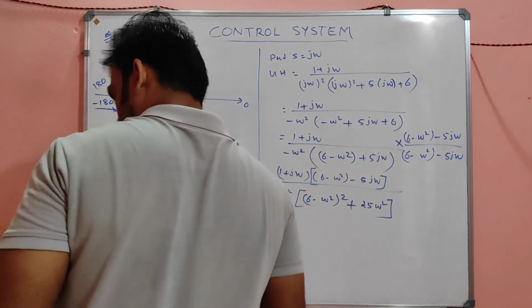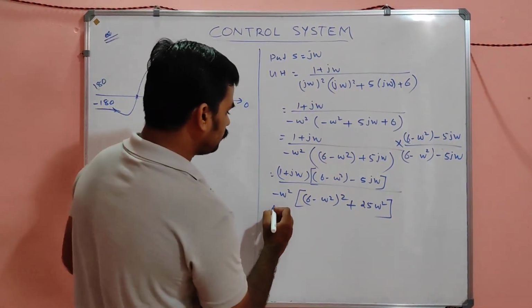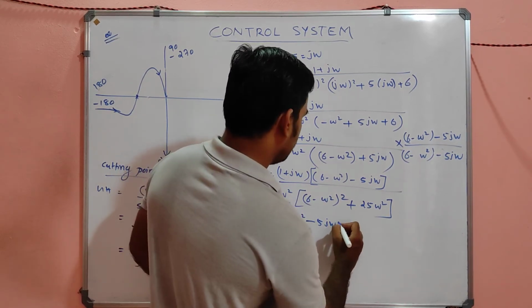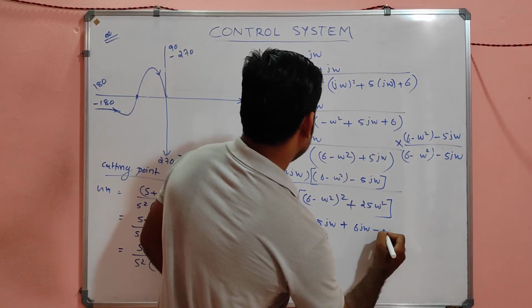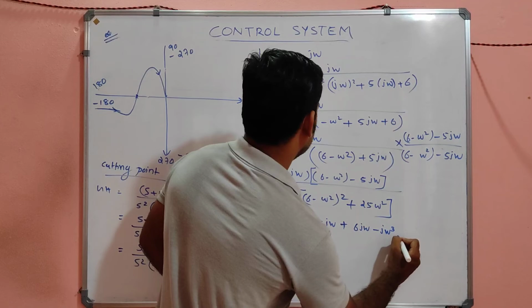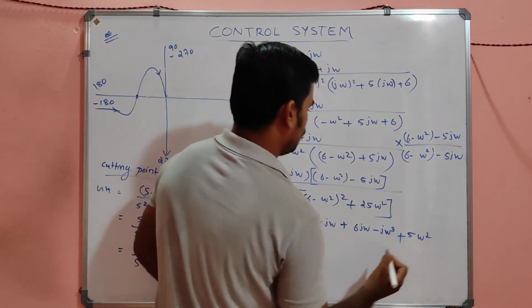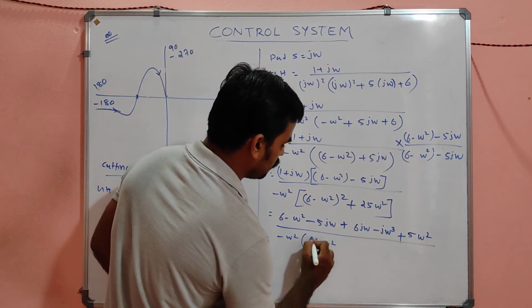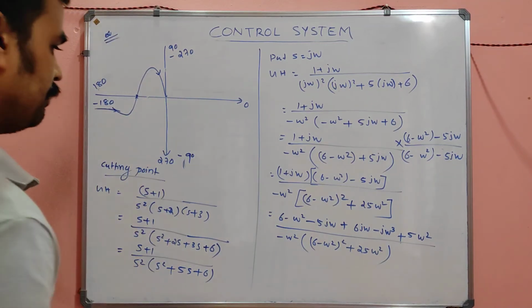So the numerator is minus 1 by omega square into (1 plus j omega) into (6 minus omega square). Expand it. It will become 6 minus omega square minus 5j omega, plus 6j omega minus j omega cube plus 5 omega square, whole divided by minus omega square into (6 minus omega square) the whole square plus 25 omega square. So again at the cutting point, imaginary